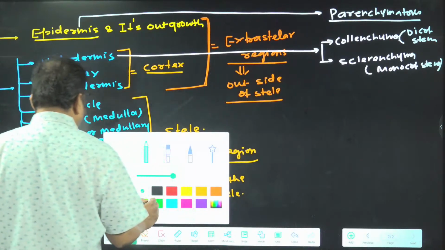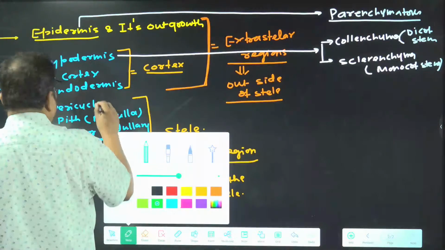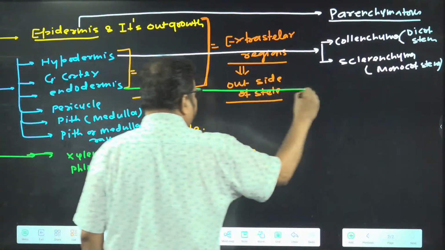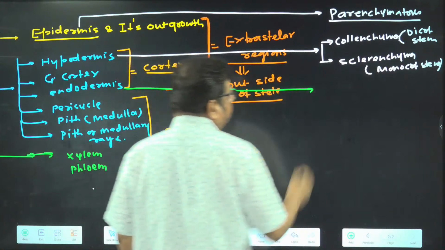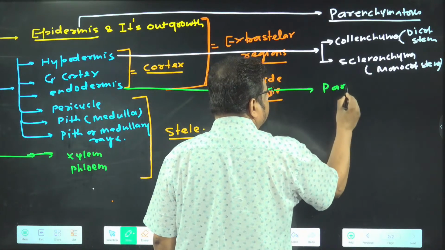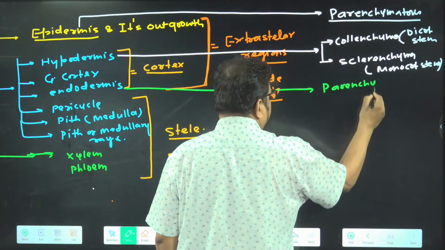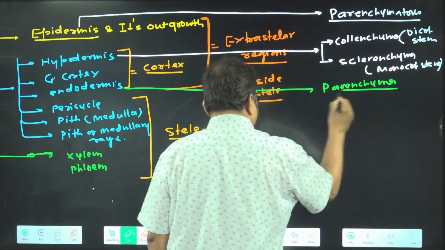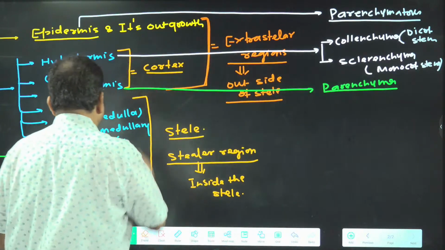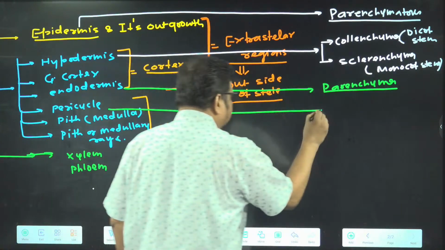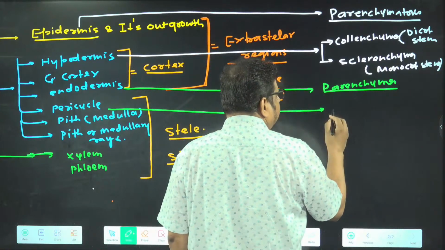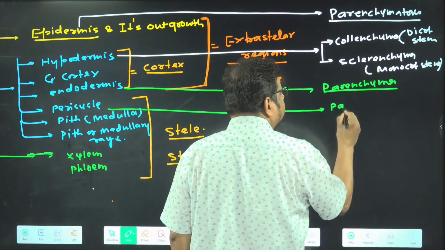Now the third layer, endodermis. Which kind of simple tissue is present in the endodermis? It is also made up of which one? Parenchymatous. Parenchyma. Got the idea? Pericycle. It is made up of parenchyma,